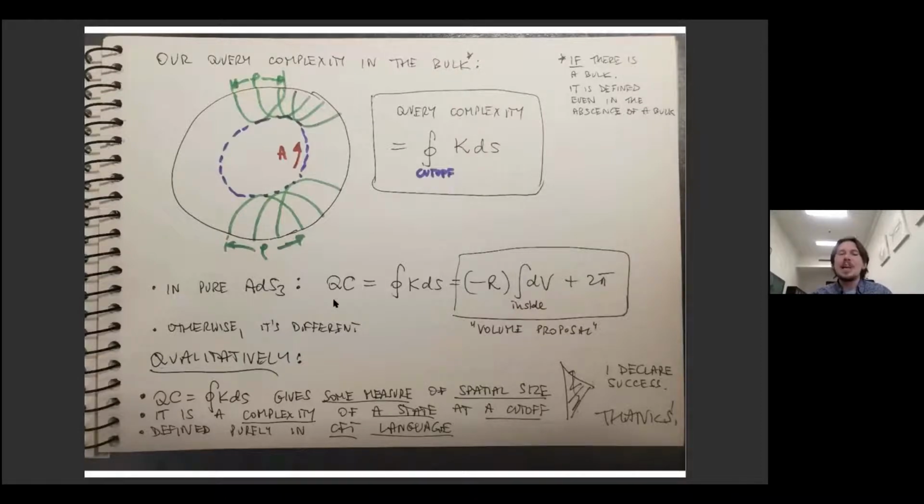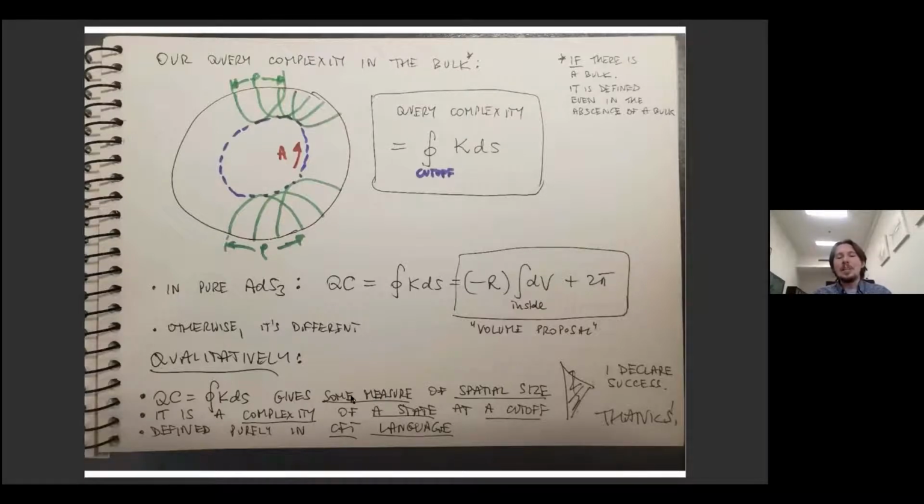But it's a new proposal for bulk complexity. However, if I use it in pure AdS3, it turns out that by the Gauss-Bonnet theorem, this object equals this quantity, so up to the 2 pi and the prefactor, which is the Ricci scalar on an equal time slice of AdS space, it actually is the volume proposal. And so when we talk about states that we understand best, such as the ground state of holographic CFT2, so the bulk dual is pure AdS, then we're actually agreeing with the volume proposal. But in more general states, we are not agreeing with them, but it's okay.